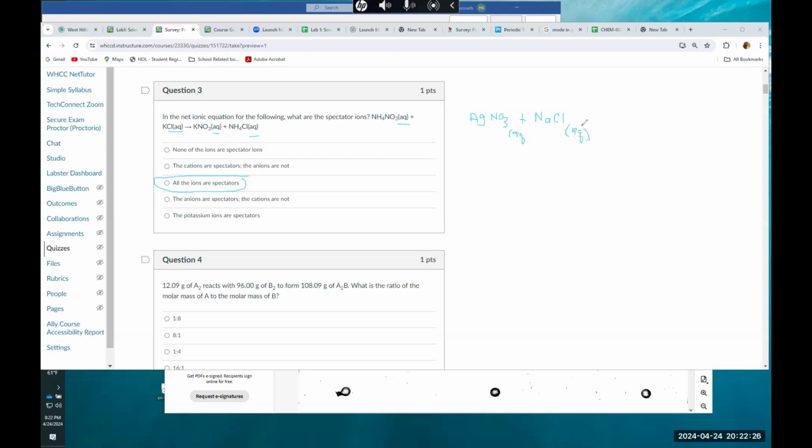Okay, and then we get to the other side of the reaction. Silver, when it gets to chloride, forms a solid. We can confirm that with our solubility table, plus